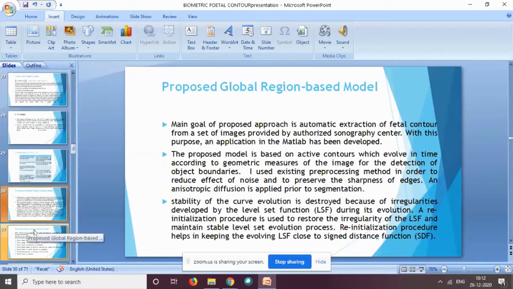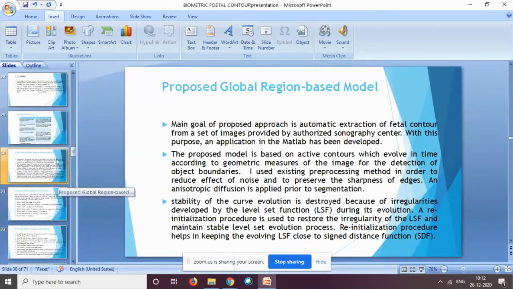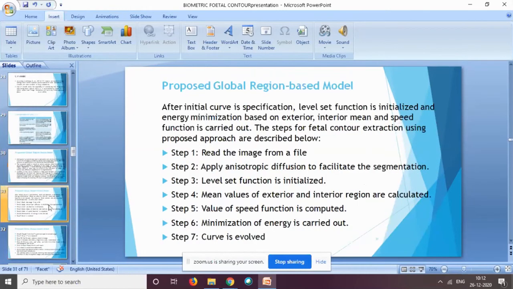In my global approach, as I said, I initialized the contour, and after initializing the contour, I obtained some rough boundary. That rough boundary I give as an input to the same segmentation approach. So I'm doing a two-stage segmentation. Whatever output I get from the previous stage will be the input to my next stage, and I'll be able to reach my boundaries more quickly. I have used the two-stage global segmentation, and whatever output I got from it, I feed to my local segmentation.